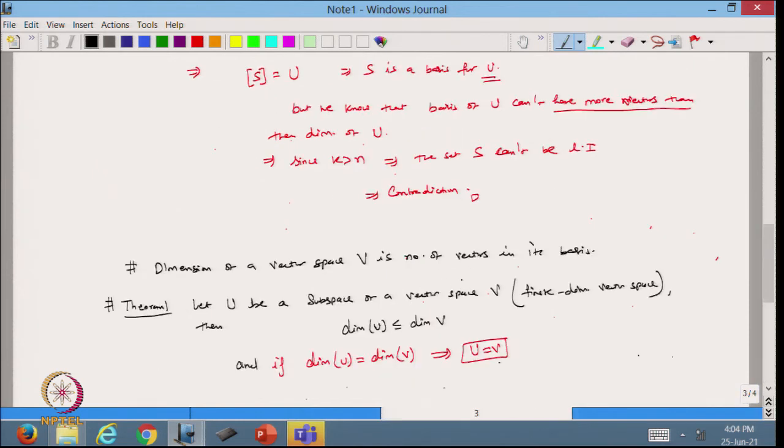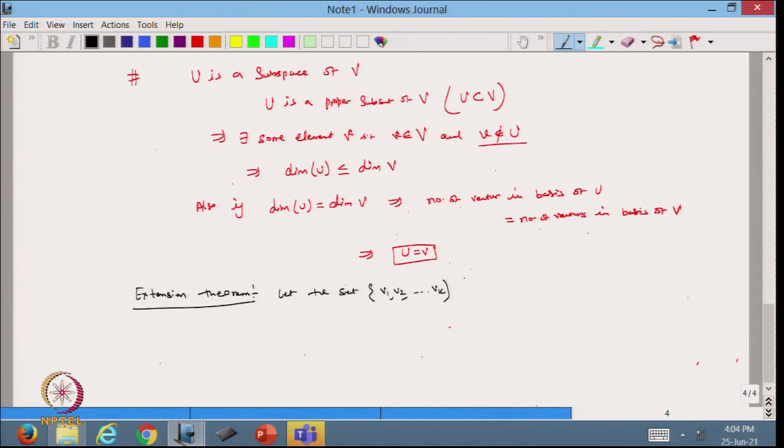So, let the set which contains k elements be a linearly independent subset of an n-dimensional vector space V, then